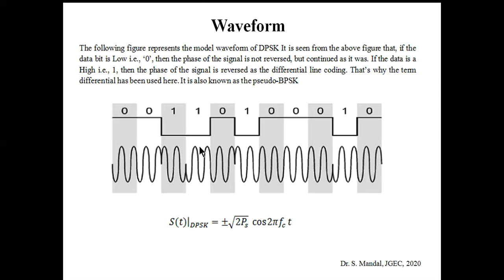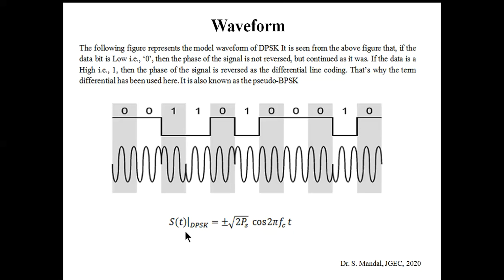So if the previous bit, sorry, if the current bit is 1, there will be a phase shift, and if the current bit is 0, there will be no phase shift. Okay, so if you want to express the DPSK in terms of a mathematical expression,